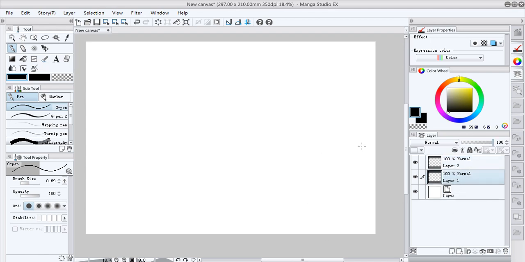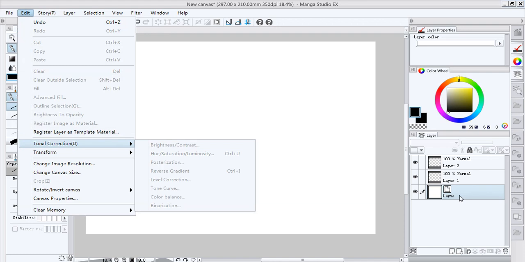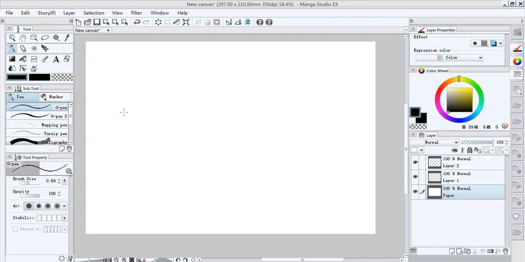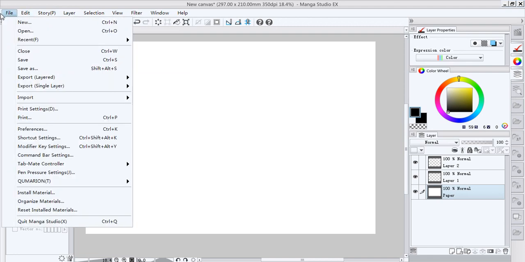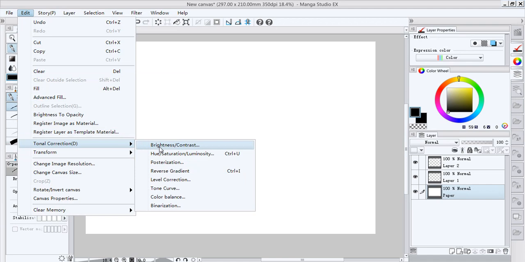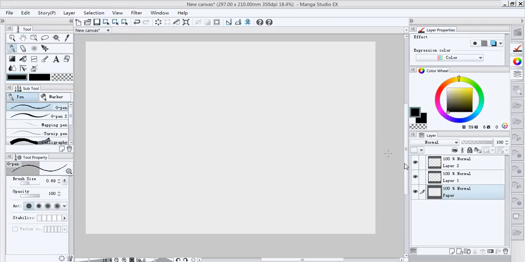I've got a background layer there, which is just a colour. Sometimes you might want to turn the background down in brightness. Need to rasterize that first by going to layer, rasterize. Just the way things work in this software. Then edit, tonal correction, brightness and contrast, turn the brightness down. Now turning the opacity down on this